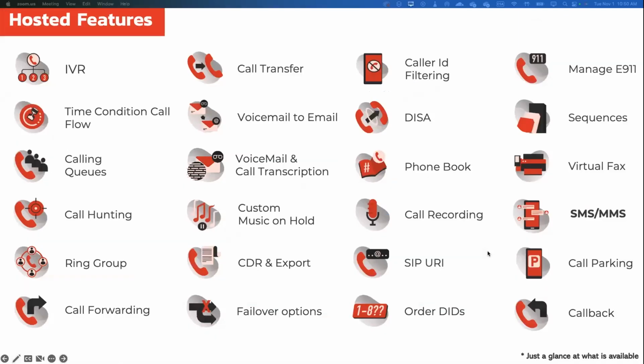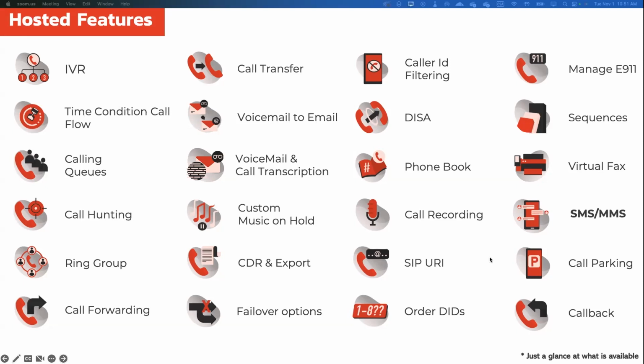This is all our hosted PBX features. There's much more, but if you want to use VoIP.ms as your VoIP provider, you can also use it for texting, but you can also use us as your hosted PBX platform, either as a client or customer, or as a white label reseller. And all these features will be available to either use for yourself or to resell.